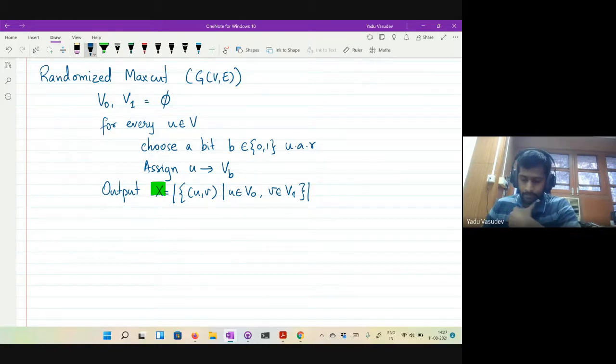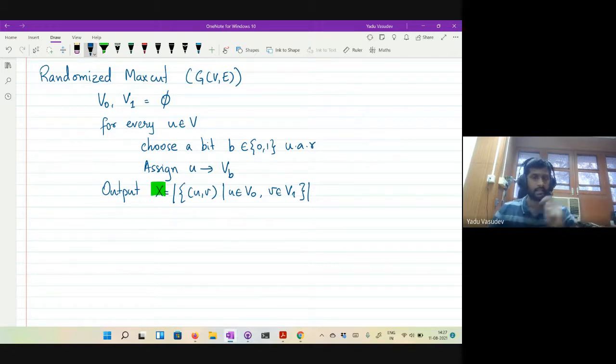If you recall the analysis of min cut, what did we do? Instead of analyzing the probability that it outputs some min cut, we said it's sufficient to fix a min cut and look at the probability that it will output that particular min cut. That is what we actually bounded in that analysis.